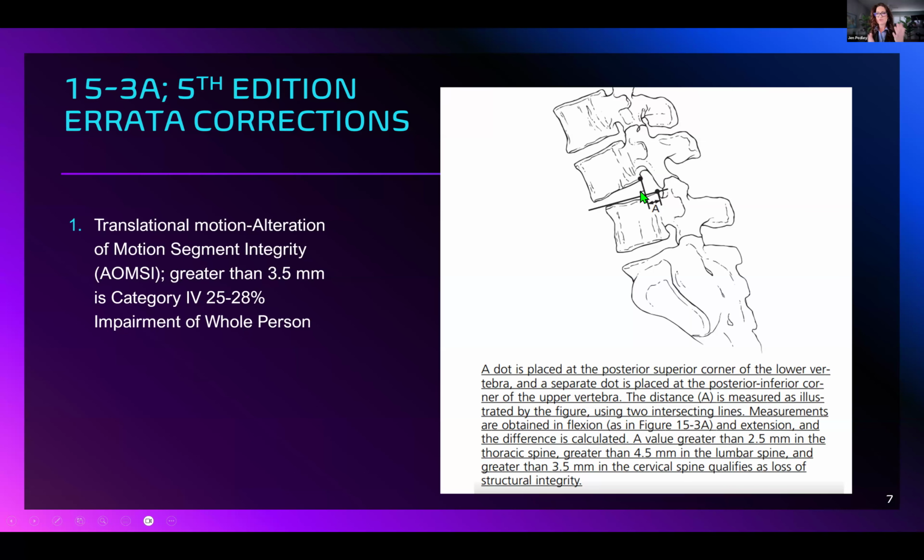You have to look at the posterior margin and draw your George's line down, and then you compare it to the level below. You're not comparing it to the level above, you're comparing it to the level below. You're going to have that line coming down through the posterior margin. It's going to traverse through an osteophyte, so we don't want to include an osteophyte within that, which some of them would. They'll just go right from that posterior aspect of that corner, which has a large osteophyte, and it definitely devalues